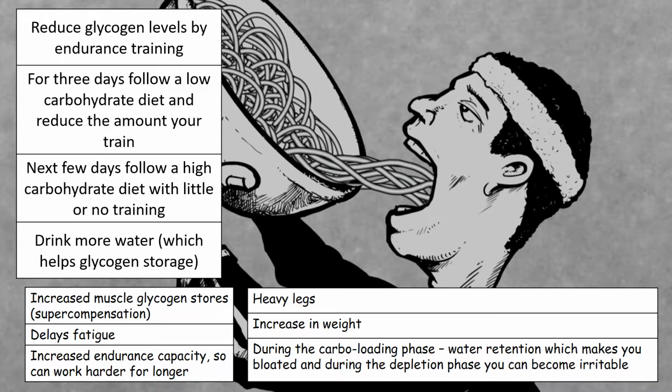So you are going to be working incredibly hard to deplete as much of those glycogen stores in your body as possible. Now for 3 days after that, we're then looking for you to follow a really low carbohydrate diet and now start to reduce the amount you train. Otherwise you simply wouldn't have the energy to do it. So again, what we're trying to do now is really strip back the glycogen levels that are in our muscle